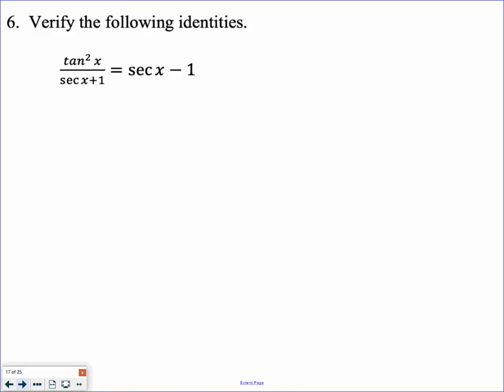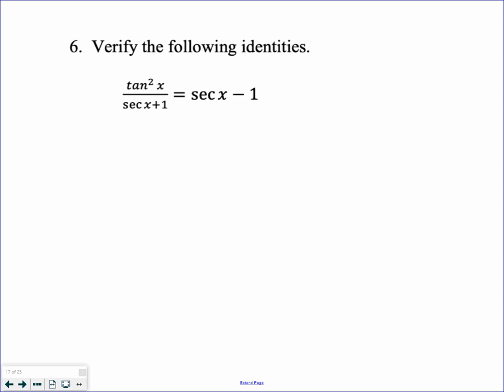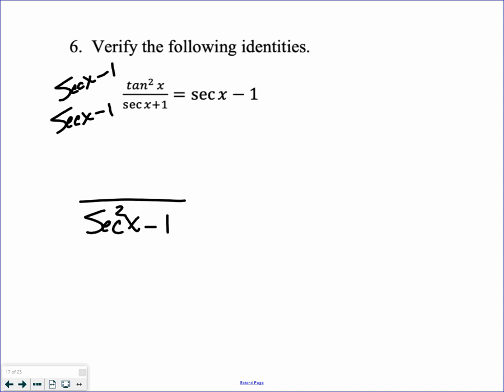Again, I'm not really big on the verify questions because of what we're doing right now. So I don't know if I can move this. Nope, I can't. I just need to move it just a little bit to give myself some room. But I am going to do it. I see a binomial on the bottom, so I am going to multiply by the conjugate, which will create a Pythagorean